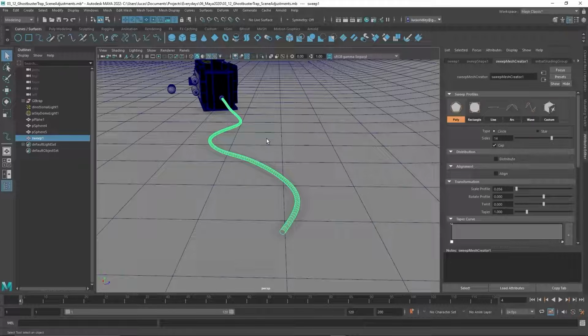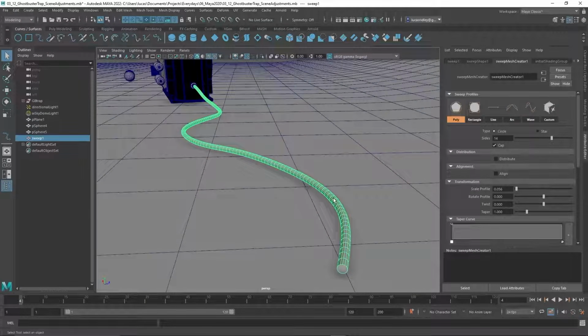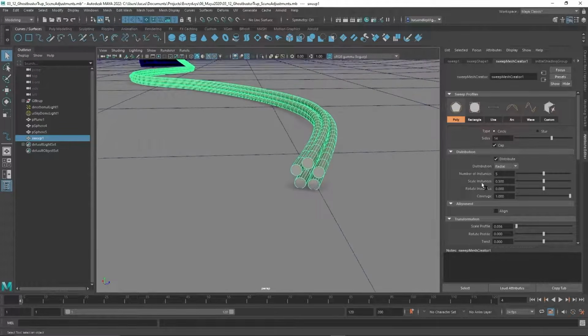Let's take this a little bit further though, because there are some really cool options here to go even further than just a simple chord. Let's say we wanted a braided rope, or we wanted to create the interior wires of a chord. We could click the Distribute button here, and now we have the option to add the number of instances. Let's imagine this is the interior of a chord, and we wanted wires splaying out. This would be the way to do that. Or if we wanted a braided rope, we could do that very easily as well.